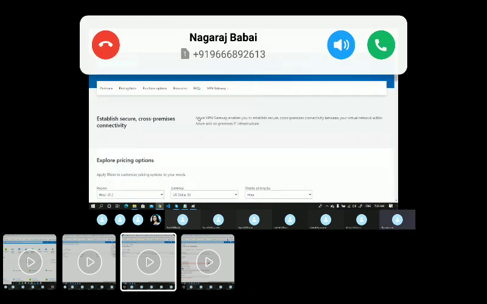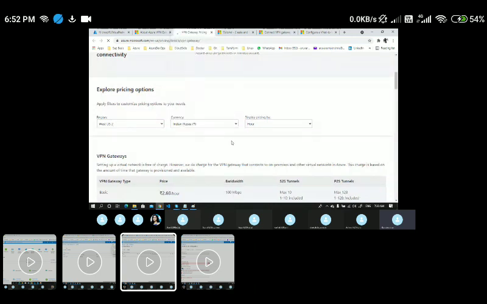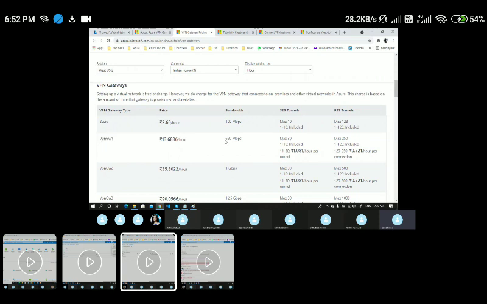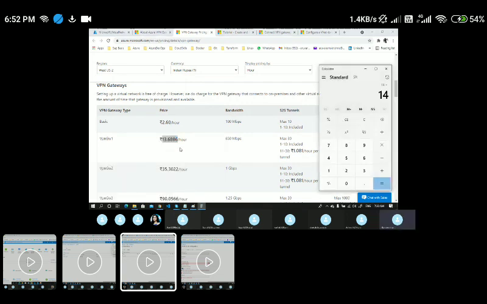So VPN gateway pricing, here you could see depends upon the region. Let's say I'll go with Indian rupees. Per hour, if you see here, we went with the VPN gateway 1, right? Generation 1 and VPN gateway 1, and the bandwidth I'm getting is 650 Mbps, and it will be charged 13 rupees per hour. That means if you leave it like that, per hour it will charge you almost 14 rupees. That means in a day, 14 into 24, per day it will be charged almost 336 rupees.